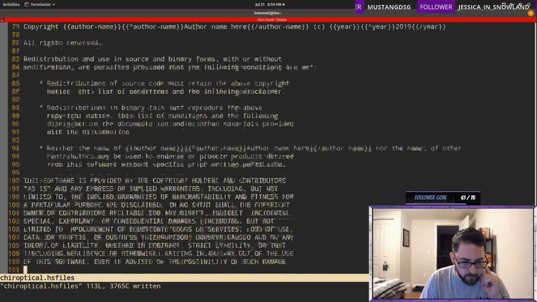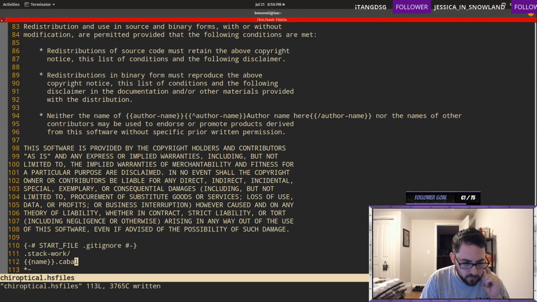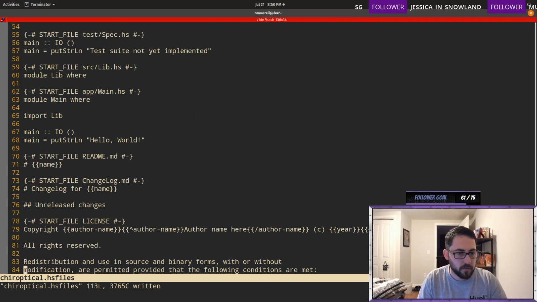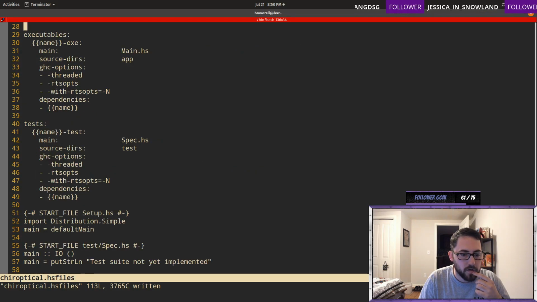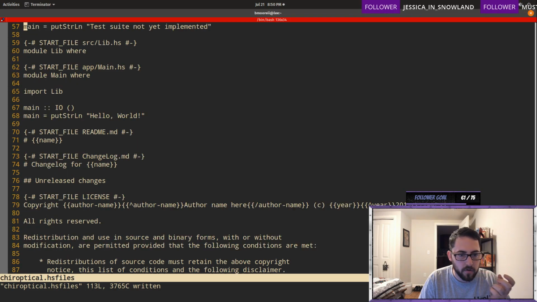I don't really care about this. That's fine. I'll keep the main file there just in case we want it later. But what we do need to change is our package YAML. I guess we don't.